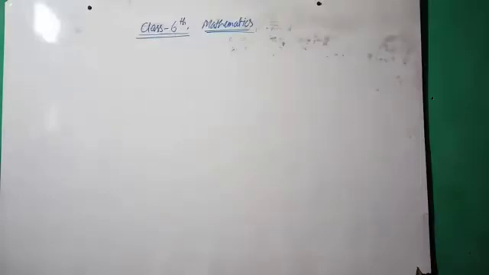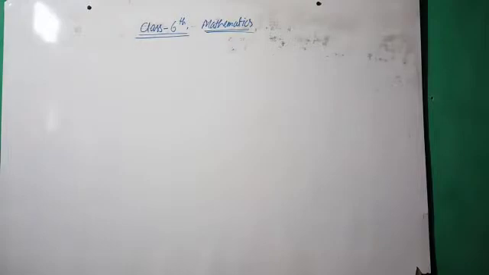Very good afternoon, class. Today we are going to start the new chapter of fractions, chapter number 5. This is lecture number 1. We start with the fraction and its types. In type of fraction we have 5 types of fraction in your syllabus. Then conversion of mixed fraction into improper and proper into mixed. Then unlike and like fraction, the difference between unlike and like, and representation of a fraction on the number line.